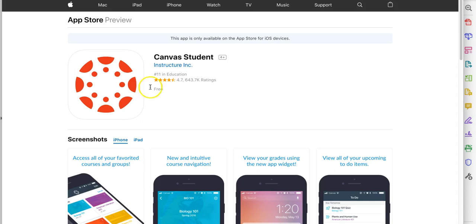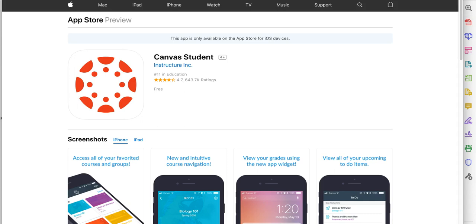And that's with your traditional Eagle login. Now, why don't we call it Eagle? Well, Canvas is the name of the program that we run. Eagle is what we have named it at Rock Valley College, simply because that's our mascot, but the program itself is called Canvas. Now, why do I want you to download the app?